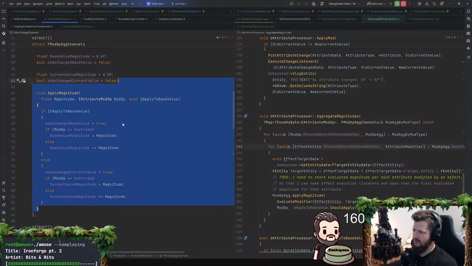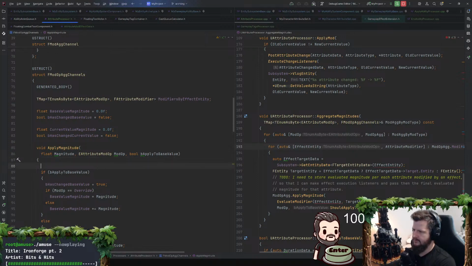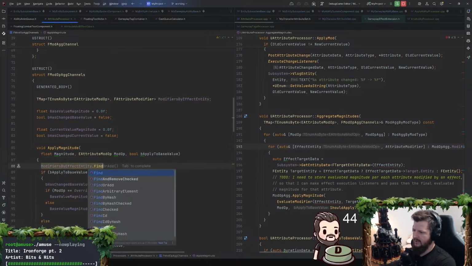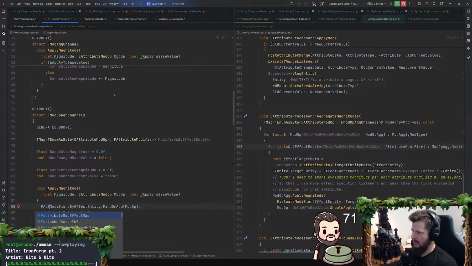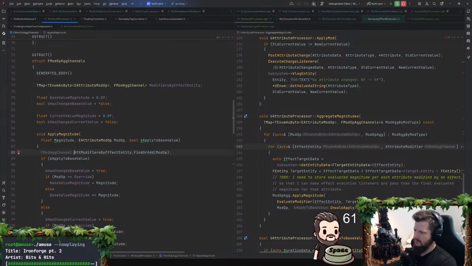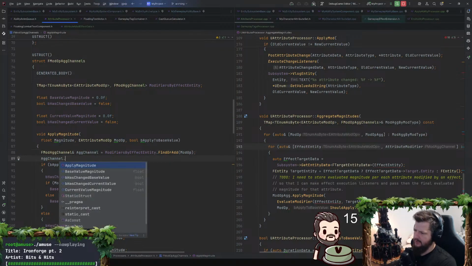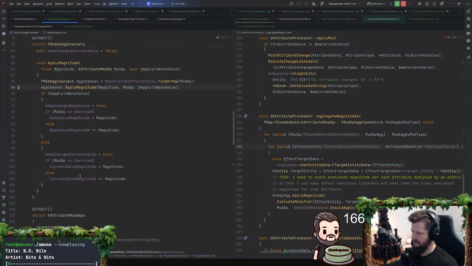And then maybe we would have an apply magnitude here as well. And then this one, we would just do modifiers by effect entity, find or add mod op F, we need to put that in there. Ag channel. And then we would do ag channel dot apply magnitude and just kind of forward it there. Don't know if we need mod op at that point.